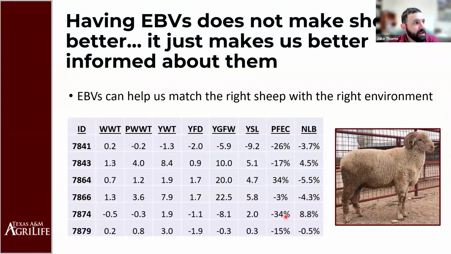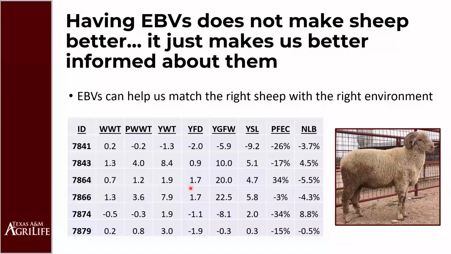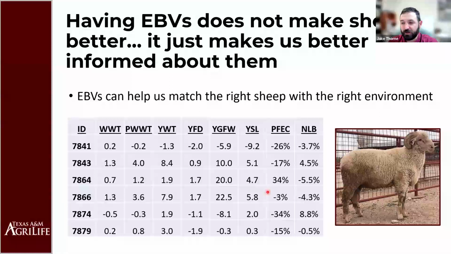And so I've got a table here across the bottom where I pulled out the EBV profiles from 6 Rambouillet rams that we produced a year or two ago. Depending on the type of situation, the best buck in here might change. I look at this ram right here, 7864, and I look across here. If this was a really dry situation, further west than even San Angelo, where parasites weren't a problem, maybe a parasite challenge 1 in every 5 years,